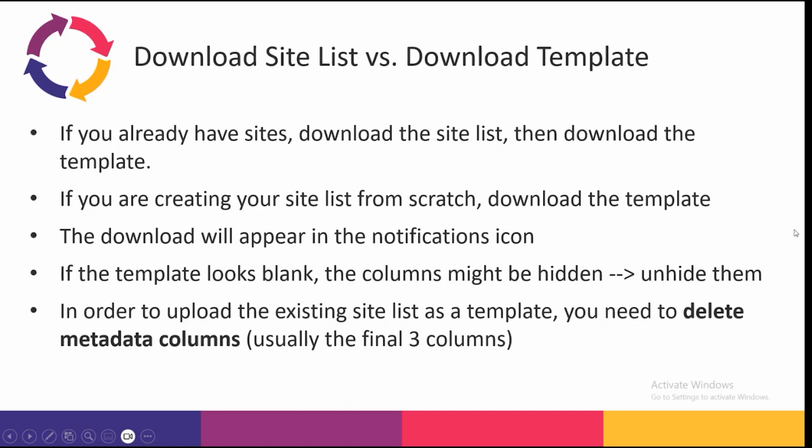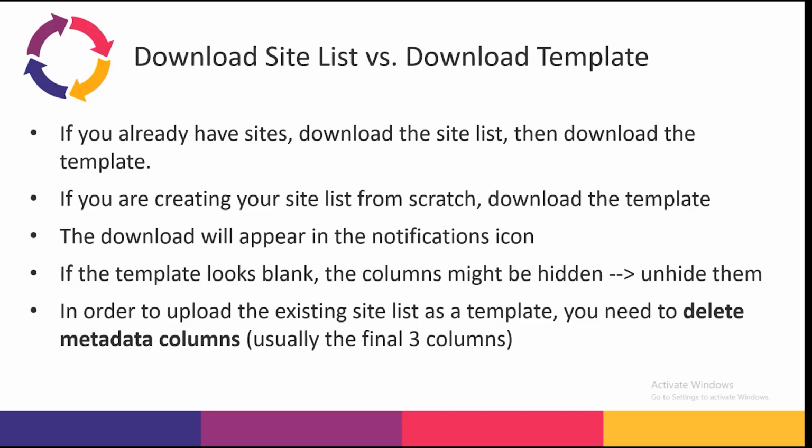Okay, so there's two ways to conduct bulk site operations. If you already have a project with sites, you can download the site list, then download the template. If you're creating your site list from scratch, you can just download the template. The download will appear as always in the notifications column, and if the template looks blank, then the columns might